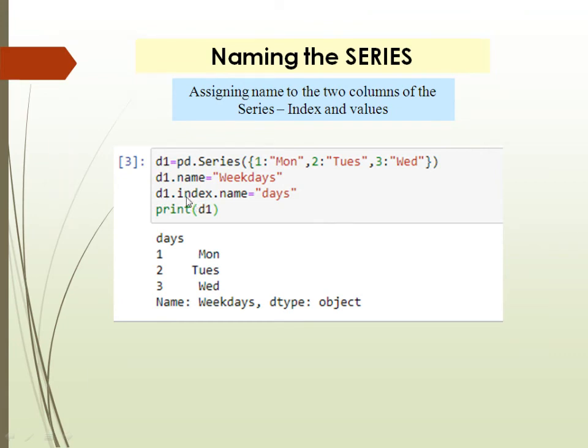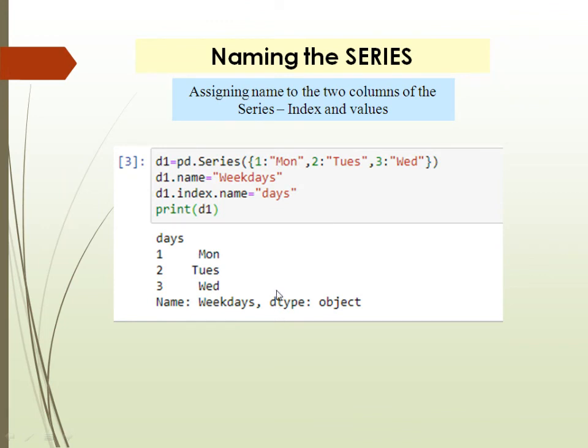So I'll put d1.index.name, and there I keep days. So when I print, before the index values, days is written, and these are the actual data, and it is written here Name: weekdays, means the name of the series is weekdays.